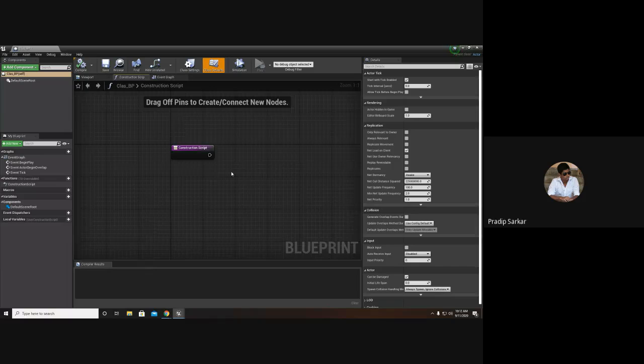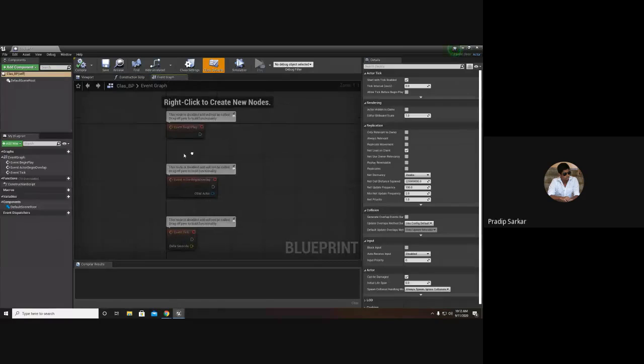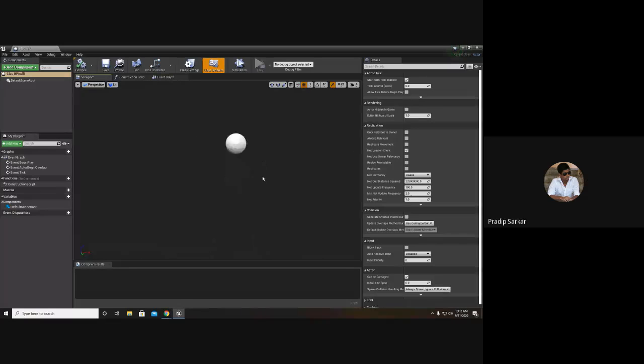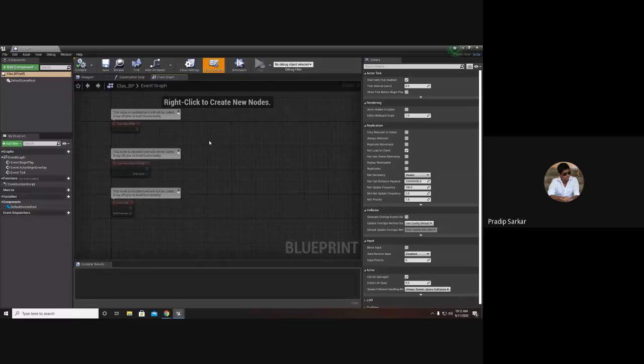This is the constructor function. And the event graph is the place where we write our code. The viewport is for viewing what we have done. The construction script is for the constructor, and the event graph is for the actual script where we'll write our own scripts.